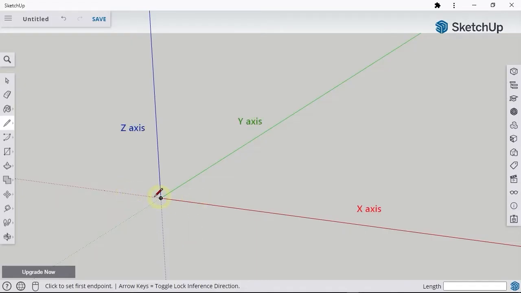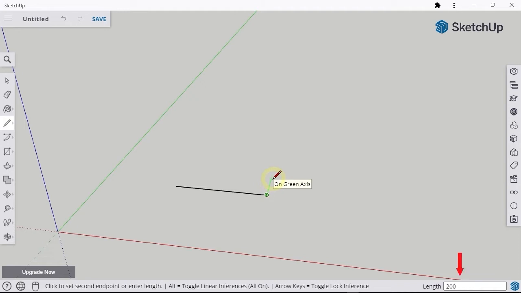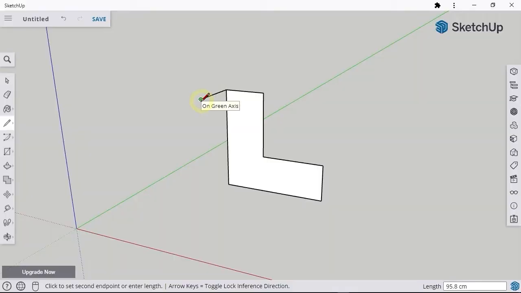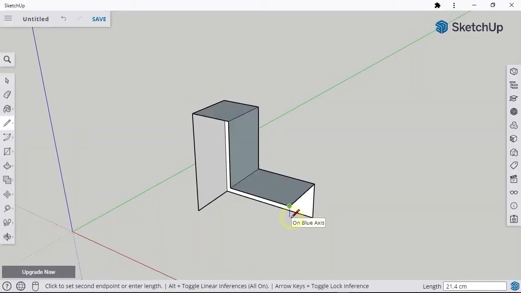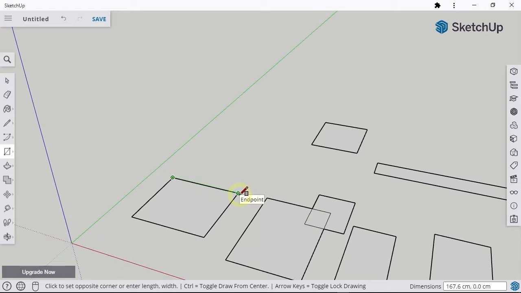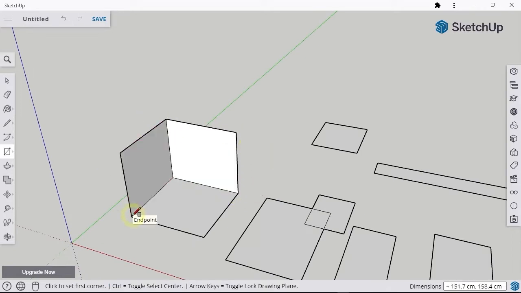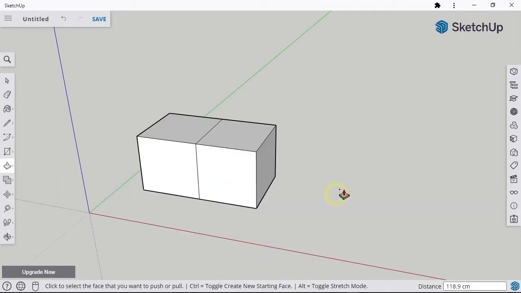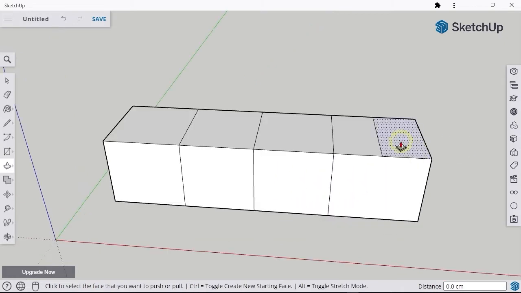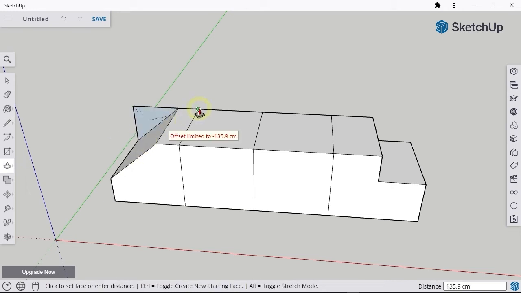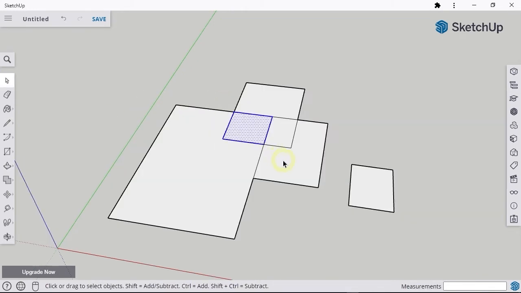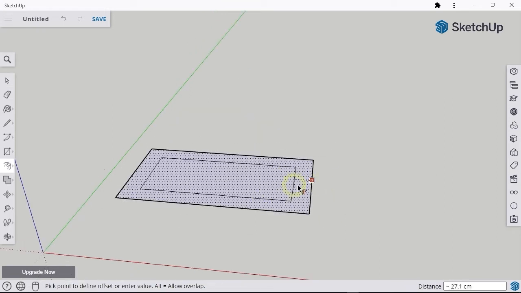In the second chapter, we will discuss basic 3D modeling techniques. We will start by learning the line tool, then discuss the concepts and features of inference in SketchUp. After that, we will discuss the rectangle tool, and then one of the most important tools in SketchUp, called the push-pull tool. Also, in this chapter, we will discuss various object selection techniques and techniques for deleting objects. Finally, we will cover how to use the offset tool.